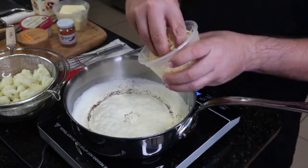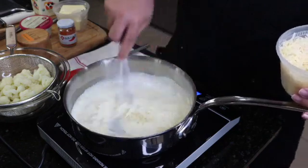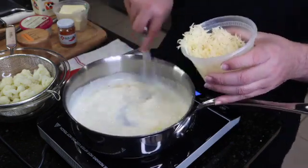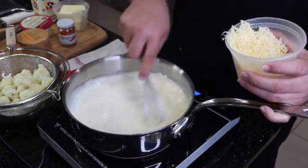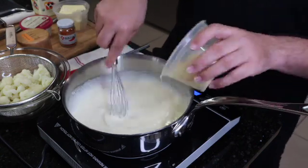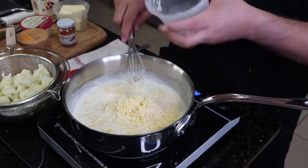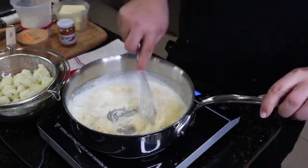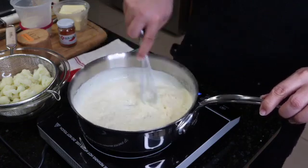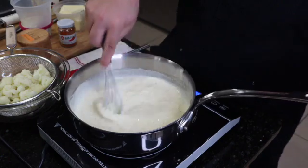So I'm lowering this down so that we have an opportunity to melt the cheese, because you don't want it to break on you. But this is going to come out absolutely delightful. Mix it all together. Do this in little stages, as you can see. Oh, okay, well, I guess I wanted it all to go in there. So let's just add a little more. Keep it moving. This cheese sauce can last in your refrigerator, I've had it last me up to a